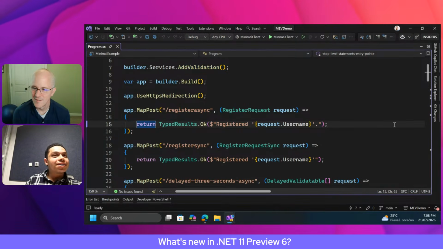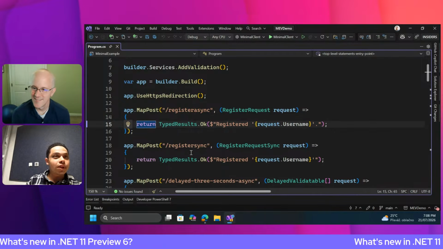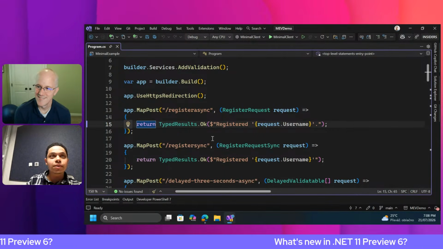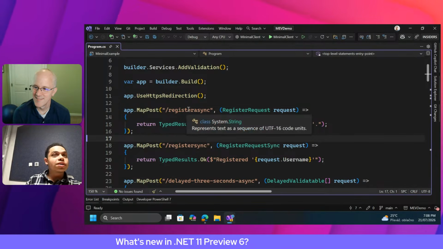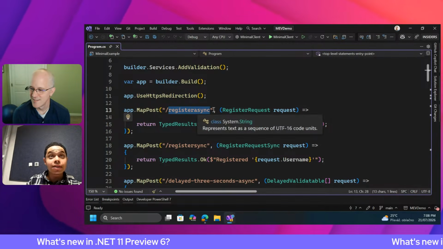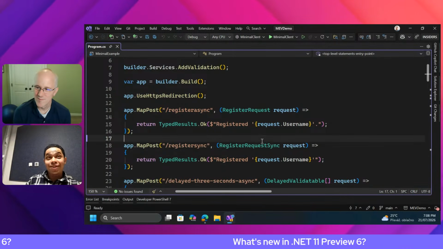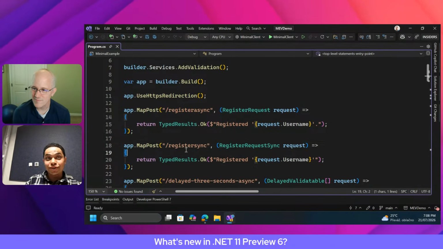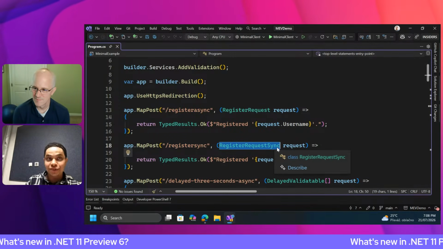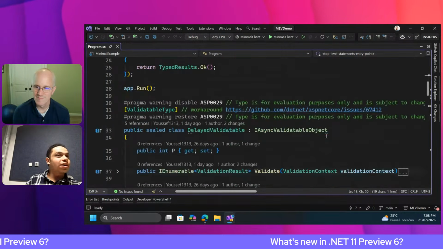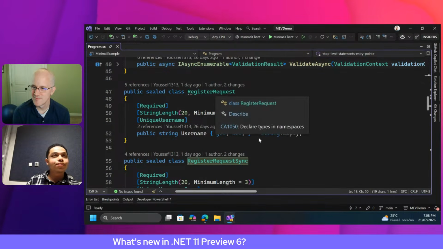And in this sample, I have 3 APIs, but I will first go through the first 2 APIs. The first one is register async, which takes a register request, and the second one is register sync, which takes a registers request sync object. And if I scroll a little bit to the